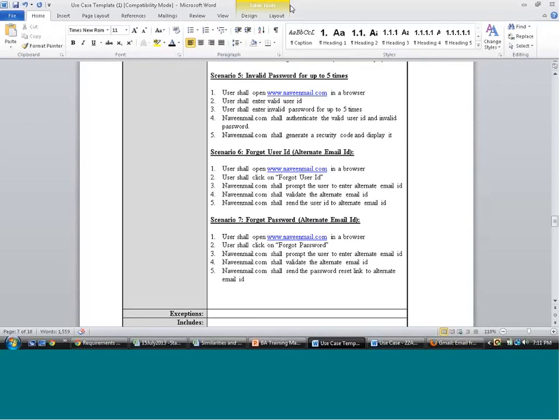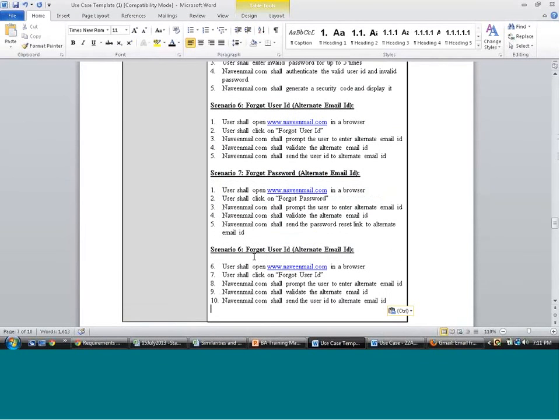Please be quick. Don't waste your time. Am I audible? Okay, so what are the other scenarios? I don't think any of that, because these are the only things that happen when you go for login. How about forgot user ID, security responses? You have two, so